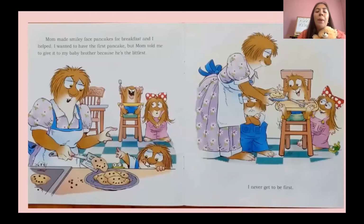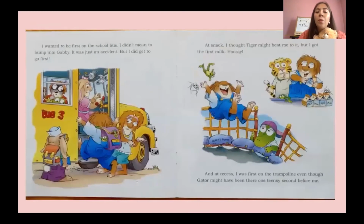Mom made smiley face pancakes for breakfast and I helped. I wanted to have the first pancake, but Mom told me to give it to my baby brother because he's the littlest. I never get to be first. I wanted to be first on the school bus. I didn't mean to bump into Gabby. It was just an accident, but I did get to go first. At snack, I thought Tiger might beat me to it, but I got the first milk. Hooray! And at recess, I was the first on the trampoline, even though Gator might have been there one teensy